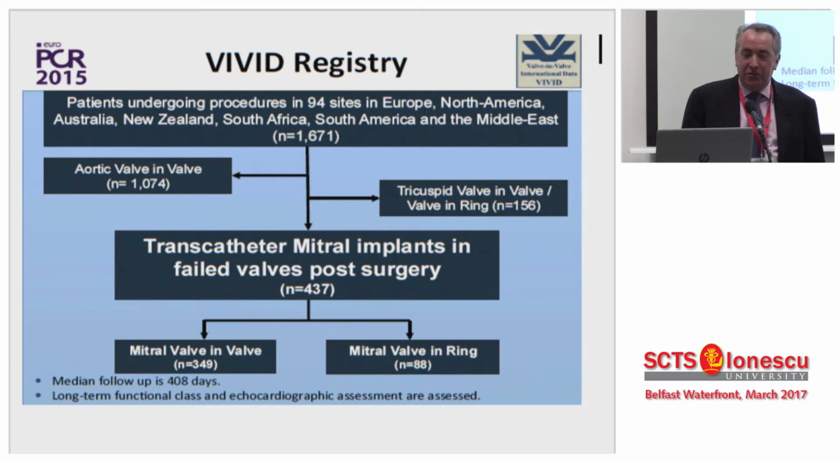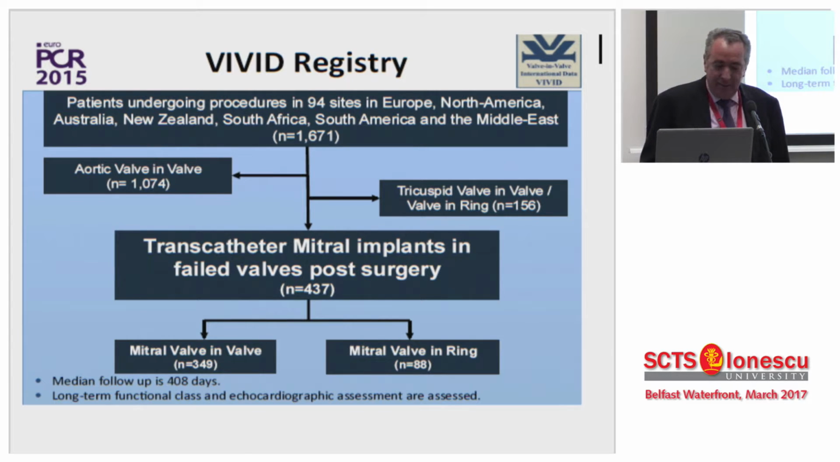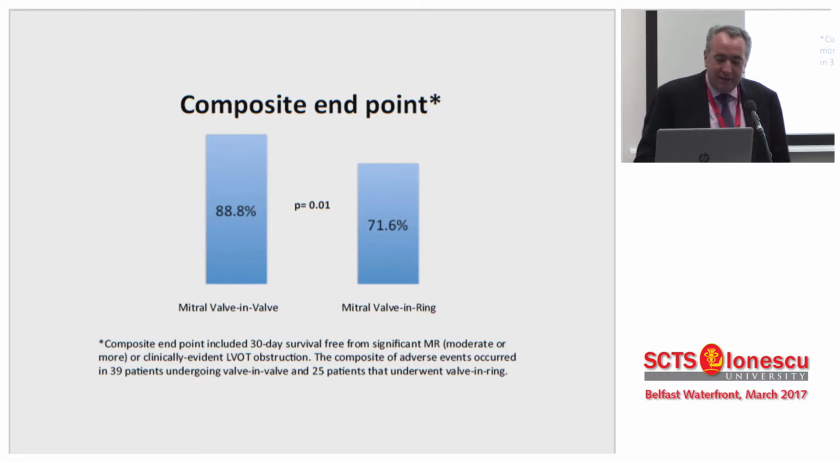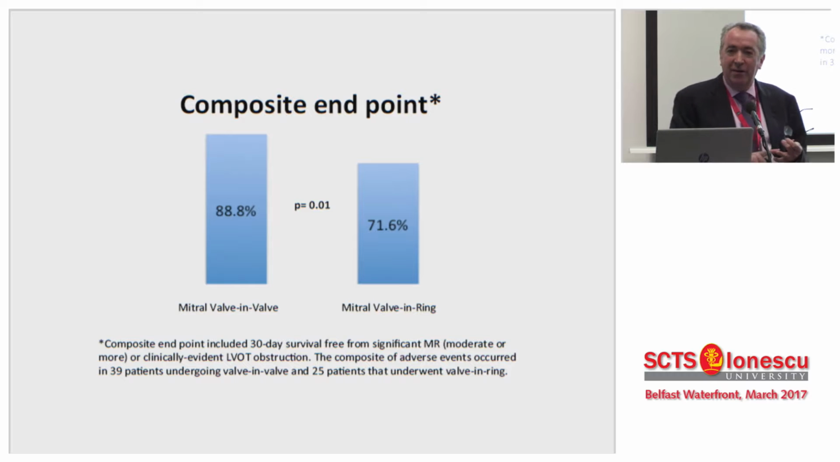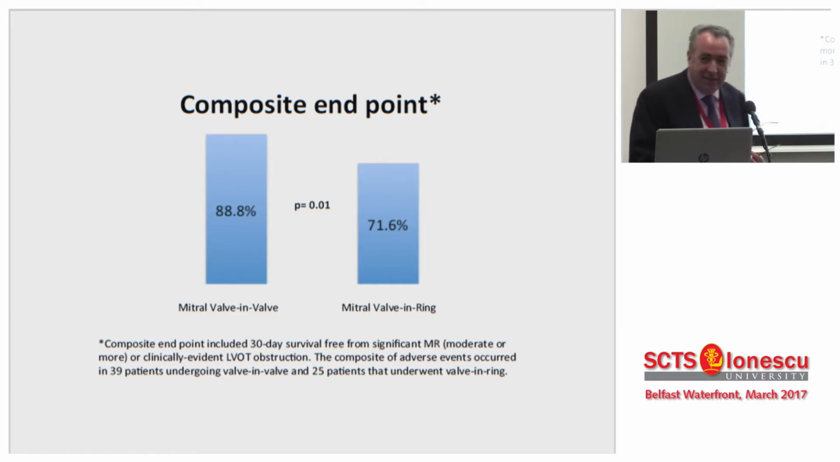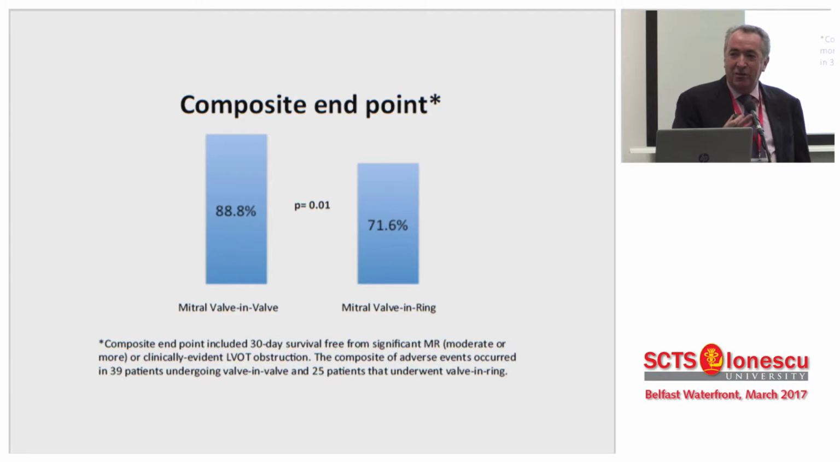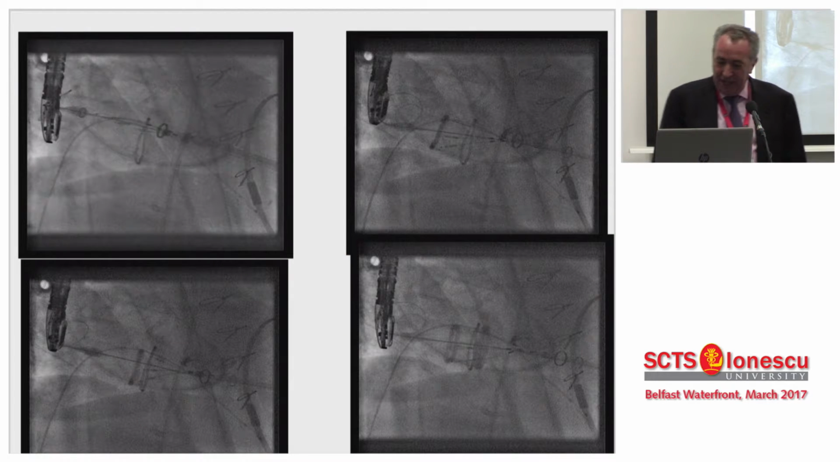And this is the worldwide registry looking at these kind of numbers that you'll see on the slide. And this is procedural success. So this is 30 days, the patient's alive, doesn't have severe MR, or doesn't have significant left ventricular outflow tract obstruction. Now, these procedural success numbers are not what you see in other transcatheter procedures. So still over 10% of the valve in valves have a problem, and almost 30% of the valve in rings. I think we're probably a bit better than that now. This is slightly old data,